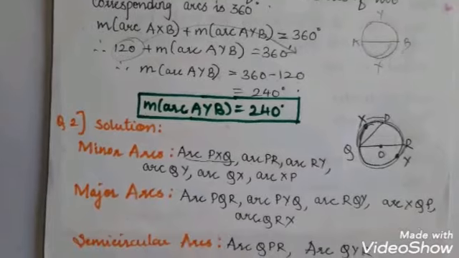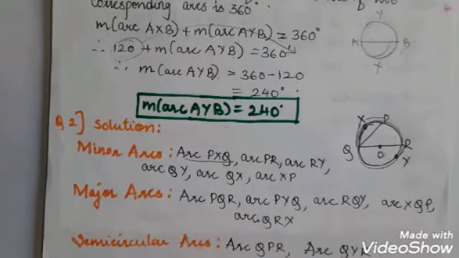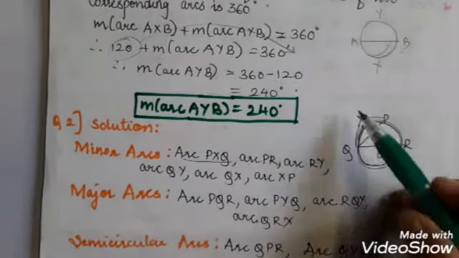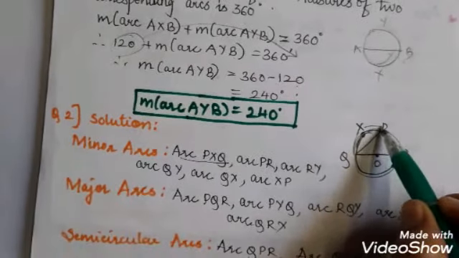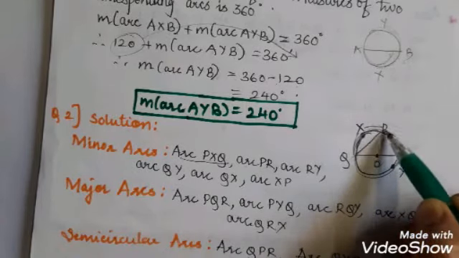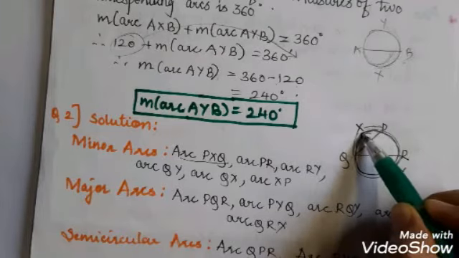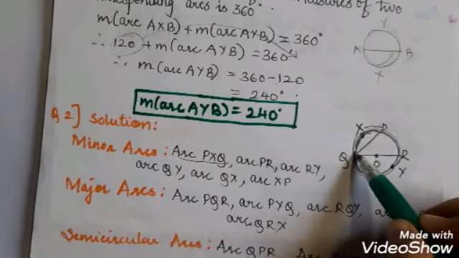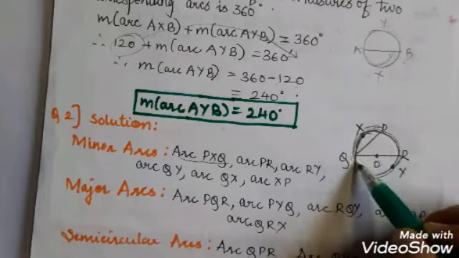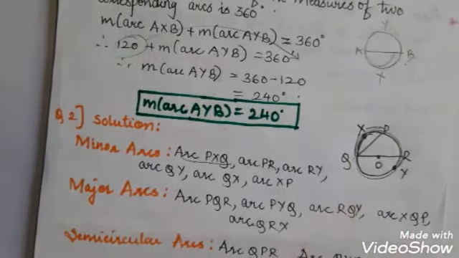So you can see I have taken all the minor arcs in the circle which are formed in the circle. So you have to take all the possible minor arcs. Now here I have taken 3 points together. Why? Because it is formed by chord PQ. So when it is formed by a chord, I have to take the end points along with the point which is inside the chord. That is why it consists of 3 elements. The rest all consist of 2 elements.